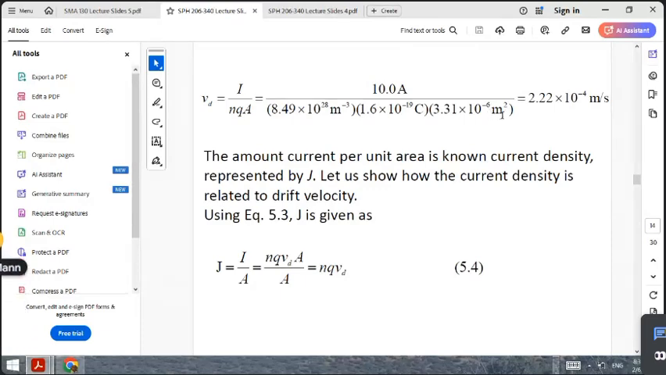So we put our I as 10 amperes. Our N is 8.49 times 10 raised to power 28 per meter cubed. And the Q is 1.6 times 10 raised to power negative 19. A is 3.31 times 10 raised to power negative 6 meters squared. And if you work this out, you get 2.22 times 10 raised to power negative